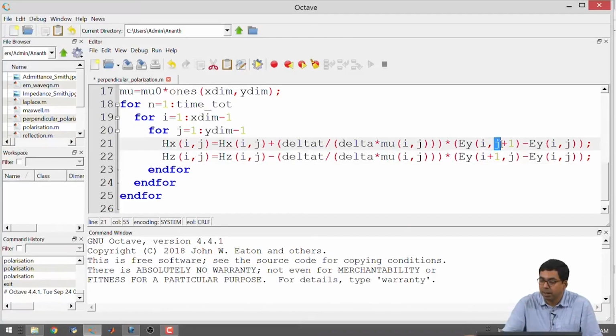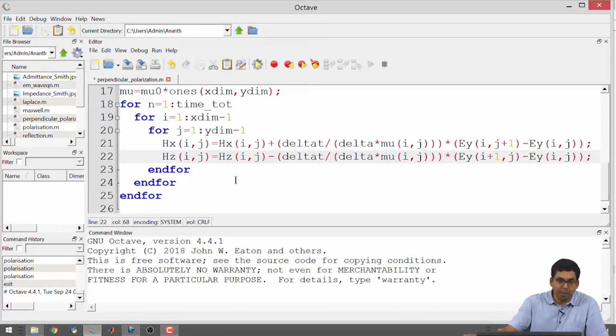So, in the first line I have j plus 1 and j, here I have i plus 1 and i, and that is the only difference between Hx and Hz. Now, this loop will update the magnetic field at the current instant of time for all points in the space that we are considering. And once we have done that,